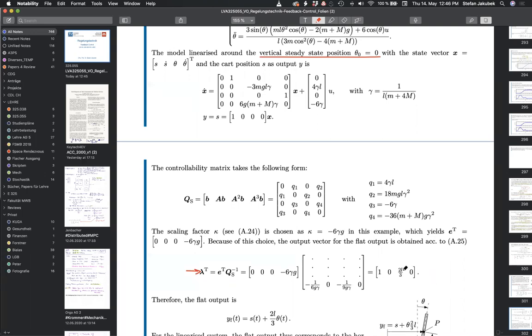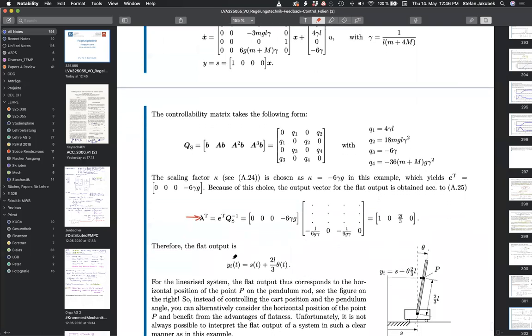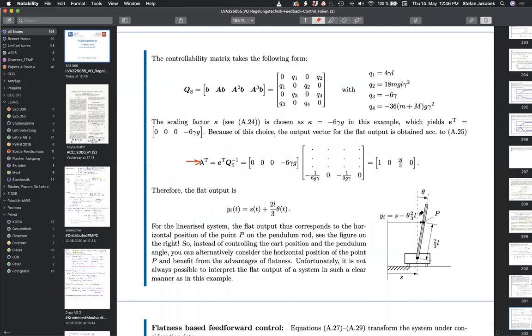So let's take a closer look at what this means. Obviously our flat output is S of t plus 2/3 times L times theta of t. And this has a very straightforward physical meaning. It's actually exactly this distance. Of course, everything is linearized here. So we assume that the cart has moved a certain distance S. Then we have a certain angular deflection here. So let's assume that there's a virtual point P on this rod. You could think of a red mark, a red dot. So this is 2/3 times the length of this rod. And the flat output is exactly the distance that this point has traveled. Okay, so this is a very hands-on